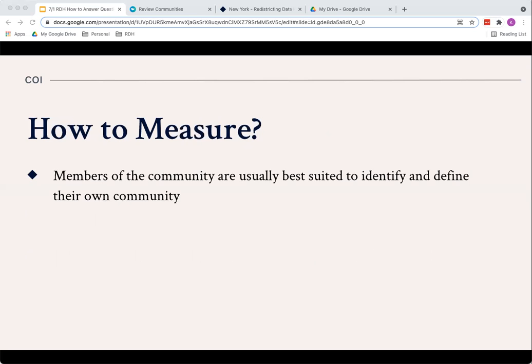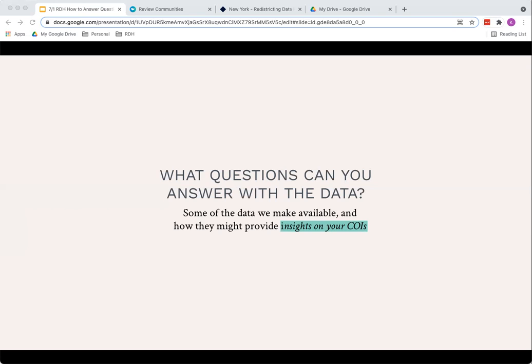So regardless of the answers, local community members tend to be in the best position to define and measure their communities, whether you're using verbal evidence or quantitative evidence or both. This is important to keep in mind as I next introduce some of the data that we have available on the website and highlight what kinds of information you can learn about your community from the data. So again, we are not saying that communities should be defined only by the data we have available. Rather, we see the data as just one more source of information or piece of evidence that can be used to think about communities and what binds them together.